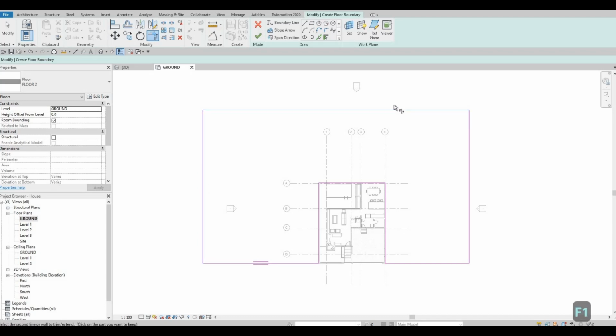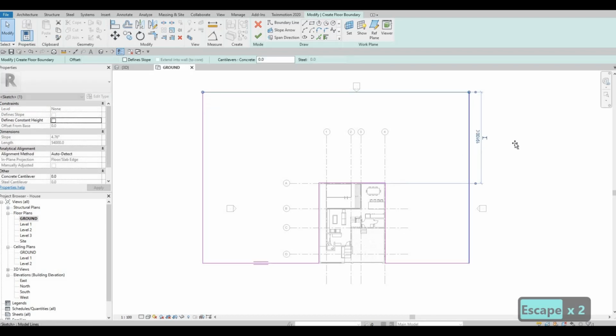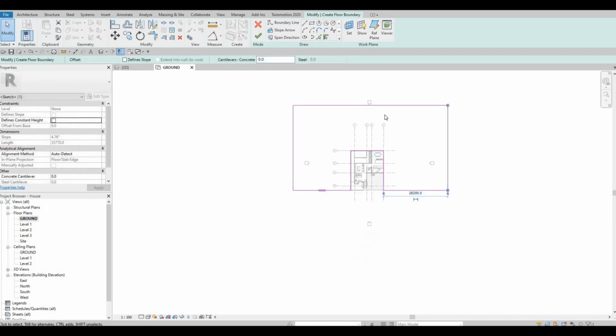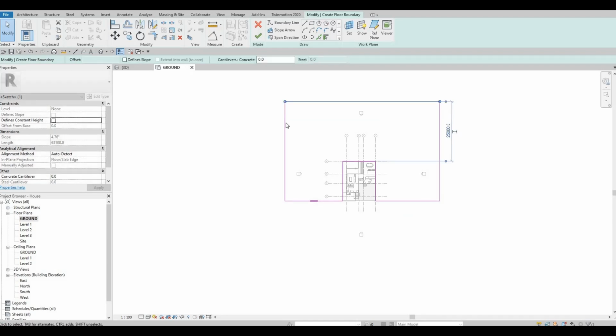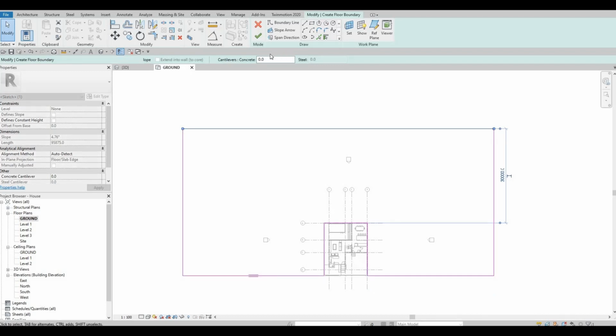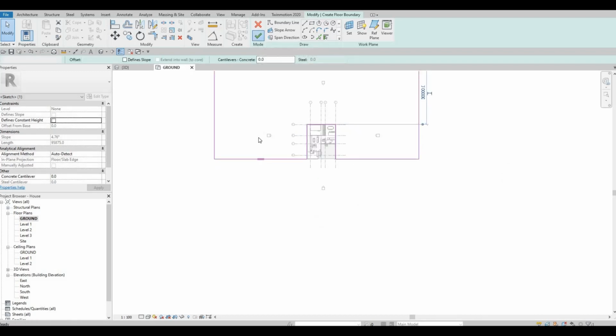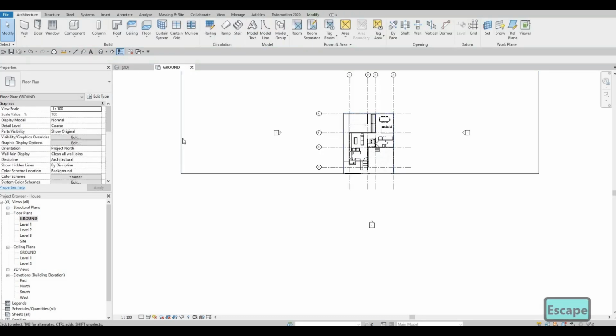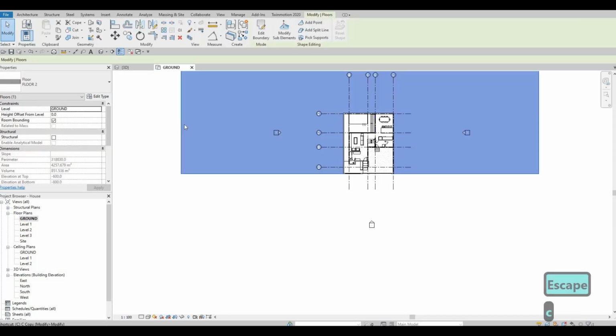So now I'm just going to extend this so that we have some room. Once we send this one to Twinmotion, we have enough area to work on. So here, let's just extend this and click on finish, and then again let's select this,